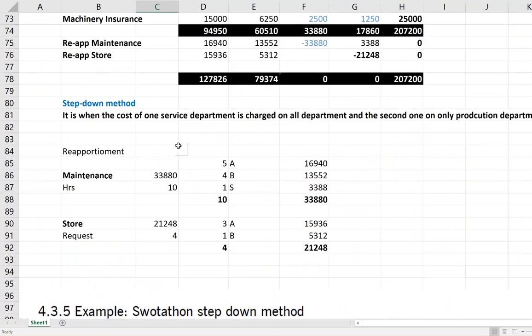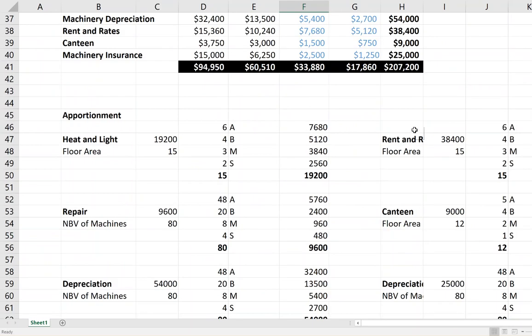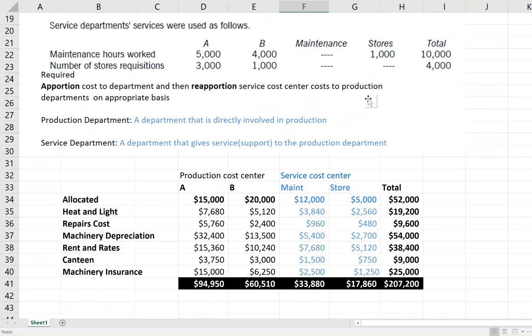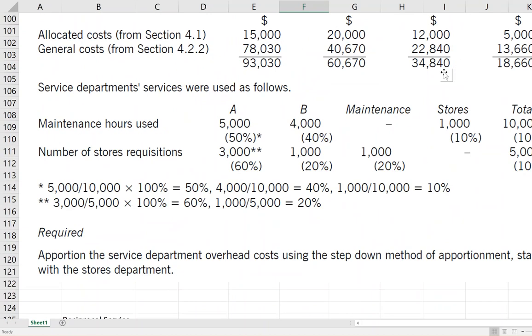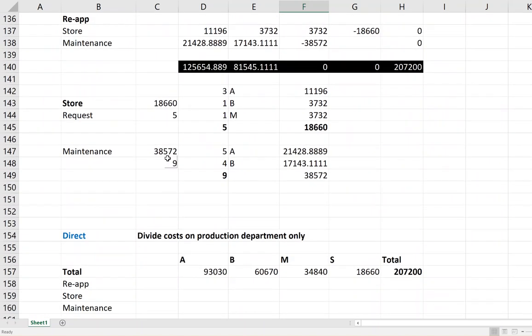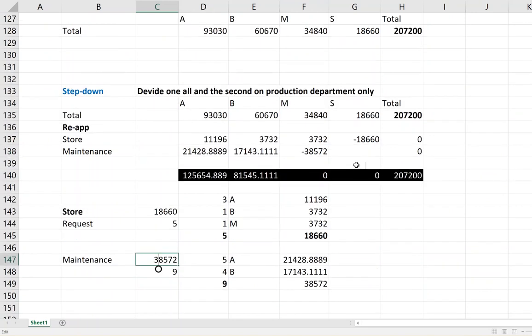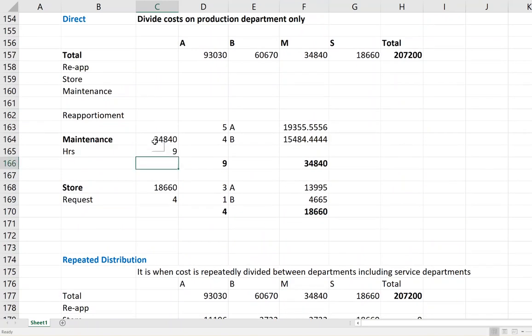Okay, I think I've written this figure here incorrectly. The total should be something different. Let's check the top. 33,880. Okay, the question is actually different. And then the second one, they said assume that the cost is 34,840. So there's no problem. So we're going to assume it is 34,840. Okay, no problem here. Okay, so starting with maintenance,